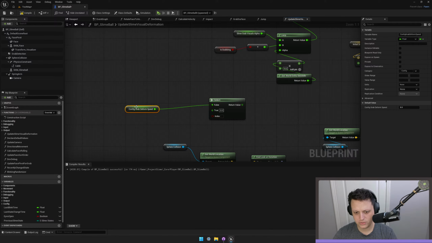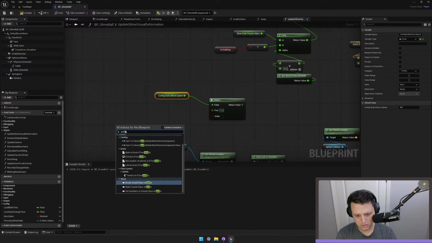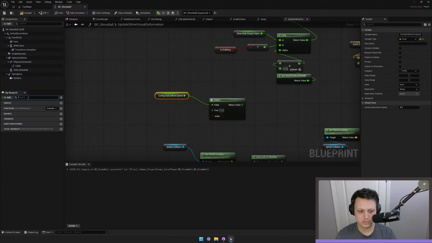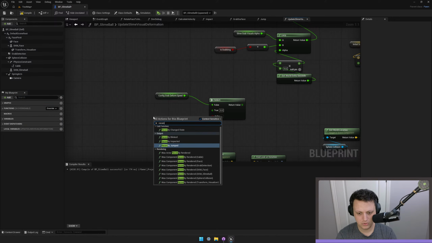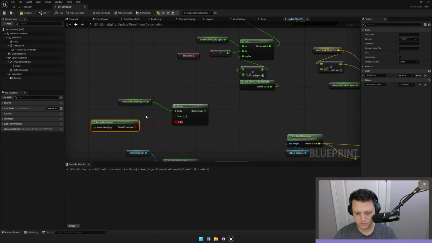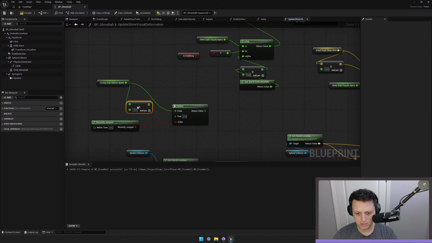No. Goes into false. Because if recently jumped, that's it. Recently jumped is true. Then we're going to take this and we're going to multiply it by